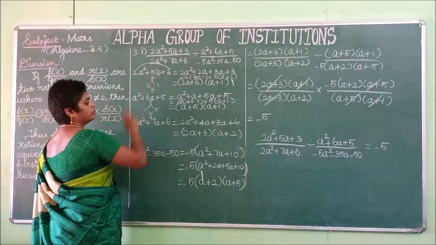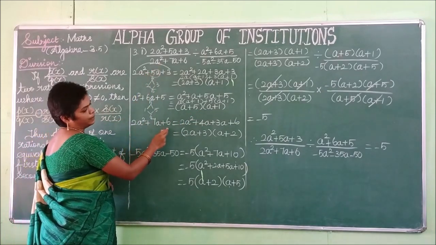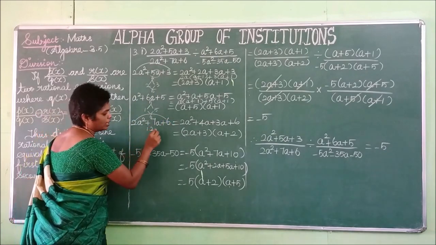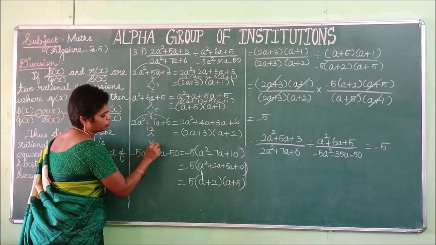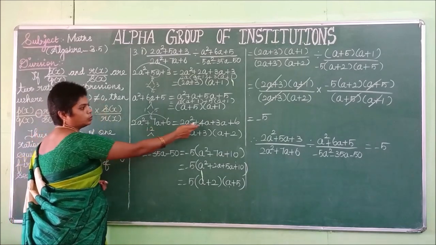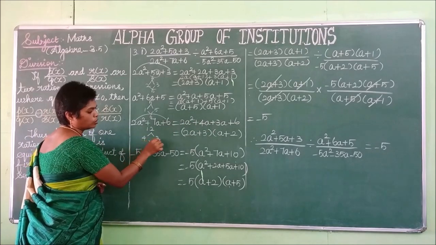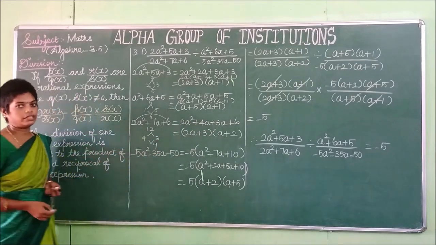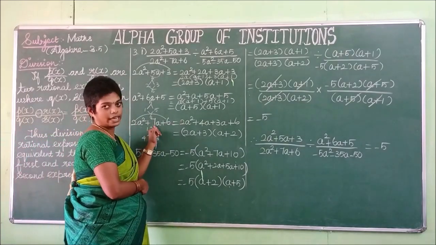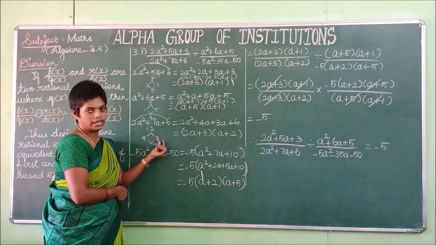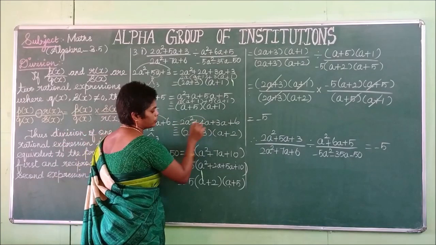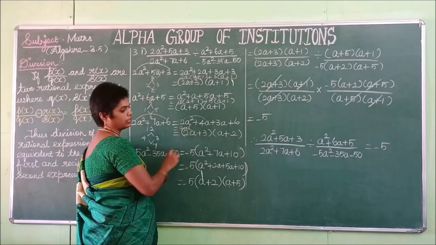So I take this term 2a squared plus 7a plus 6. If you multiply the terms, you get the value 12, and if you add the two terms, you will get the value 7. What are the two terms? The two terms are 4 and 3. 4 3s are 12. If you add 4 and 3, you get the value 7. So 2a squared plus 7a can be rewritten as 4a plus 3a, constant term plus 6. So you take 2a from both the terms. What are the remaining terms?